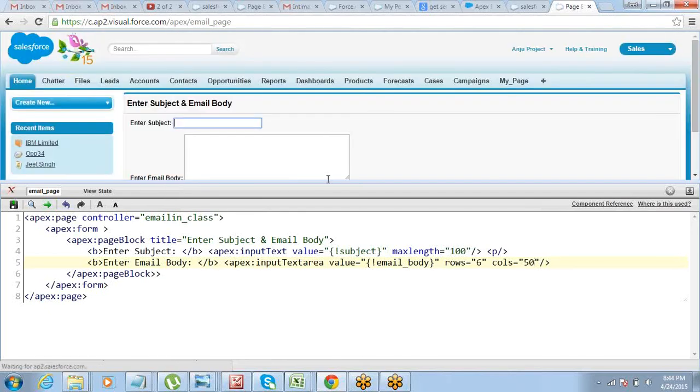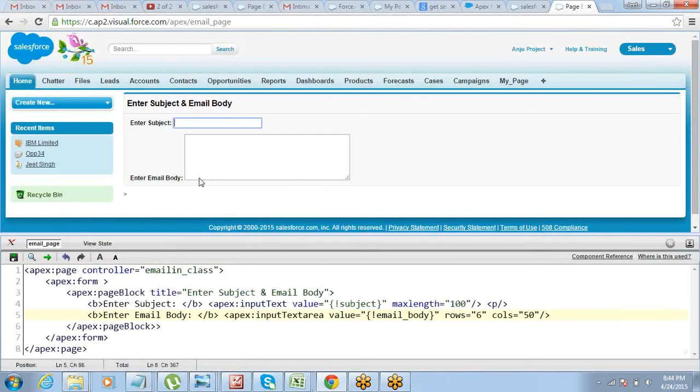So if you want to make this area look a little bigger, then you can increase the number of rows and columns for the email body. So for my subject, I have space for entering the subject line. I have space for entering the email body.